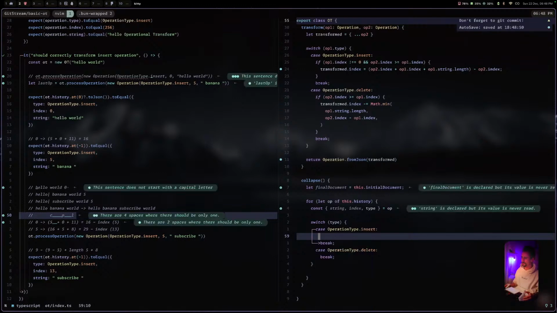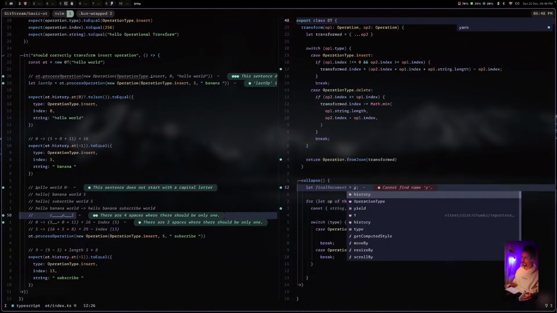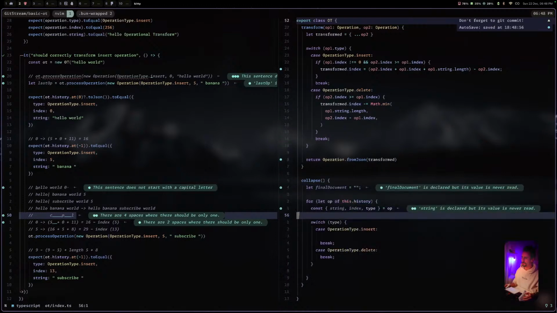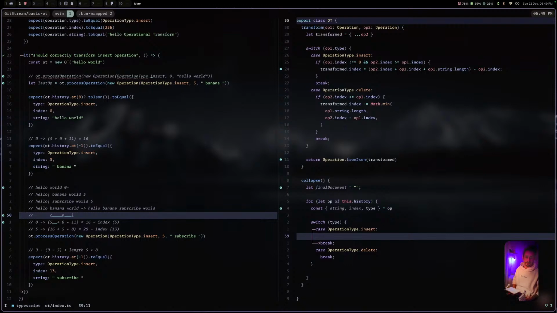By the way, we don't want that because it should be an empty string because the first operation is inserting at 0. So we don't have our document yet. Okay, so I just have my notes here, it's kind of a script, but not a script. I don't want to call it a script. So final document equals